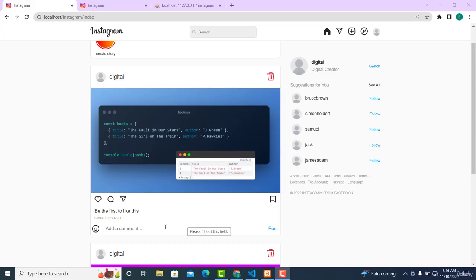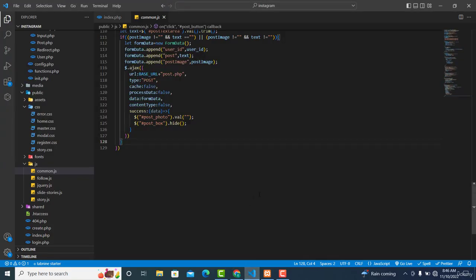In this video, we are going to create functionality to focus on the comment area. When the user clicks on the comment button, which is this one, we want the focus to be on the add comment. Before we do that,